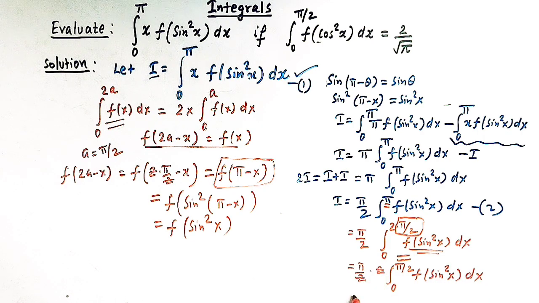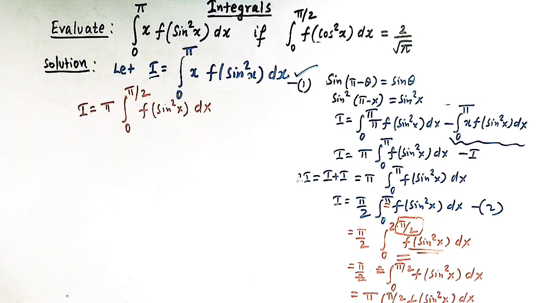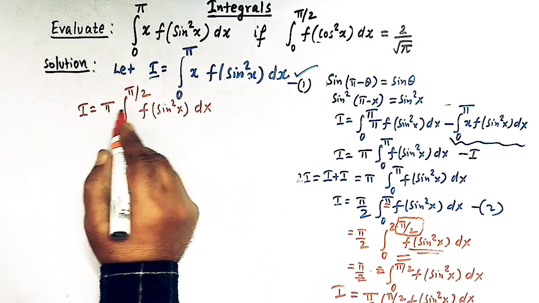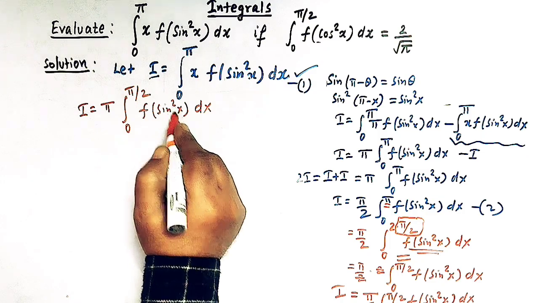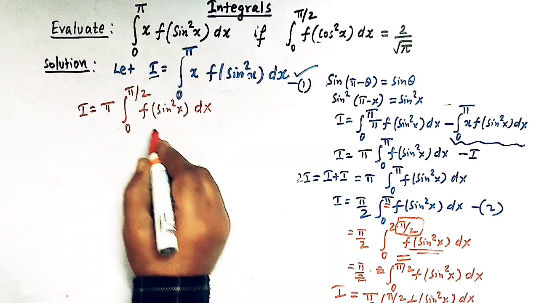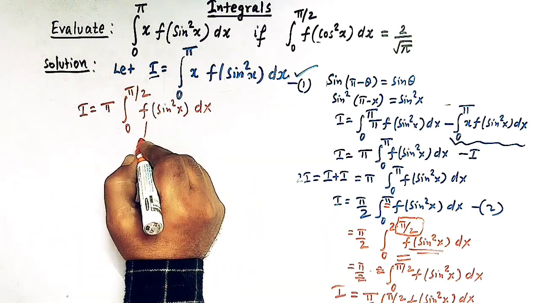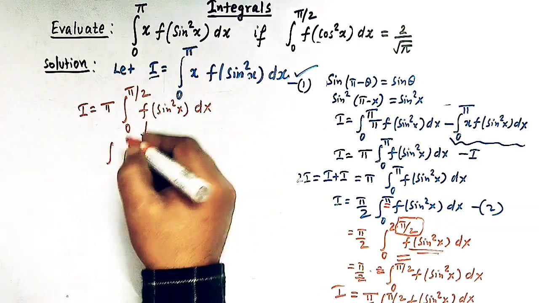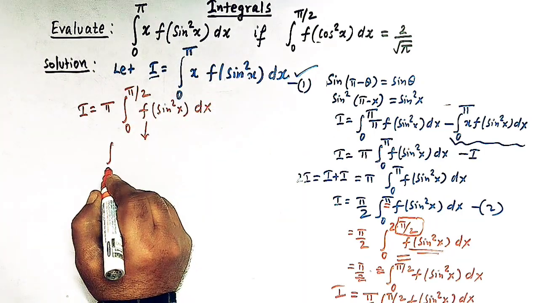Now this 2 and this 2 get cancelled, and we have pi times integral 0 to pi by 2 f of sine square x dx. So now this integral I is equal to this one, pi times integral 0 to pi by 2 f of sine square x dx. Now let us again apply the property of definite integrals, which we have applied initially,